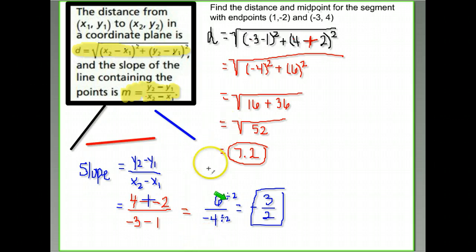So for those 2 points, we were able to use the formulas and find the distance was 7.2, and the slope was -3/2. That means for every 3 units it goes down, it goes 2 units to the right. That's how our slope